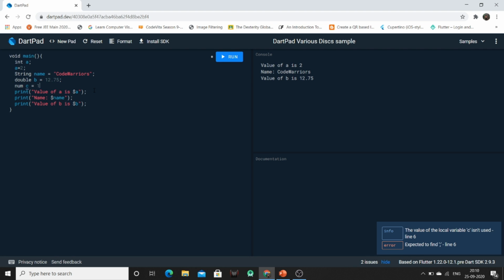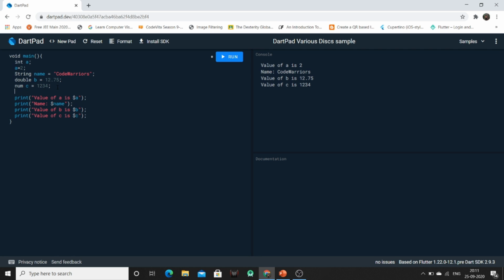So num c is equal to 1234, and we will print the value of c. So on running this, the whole variables output will be there in the console.